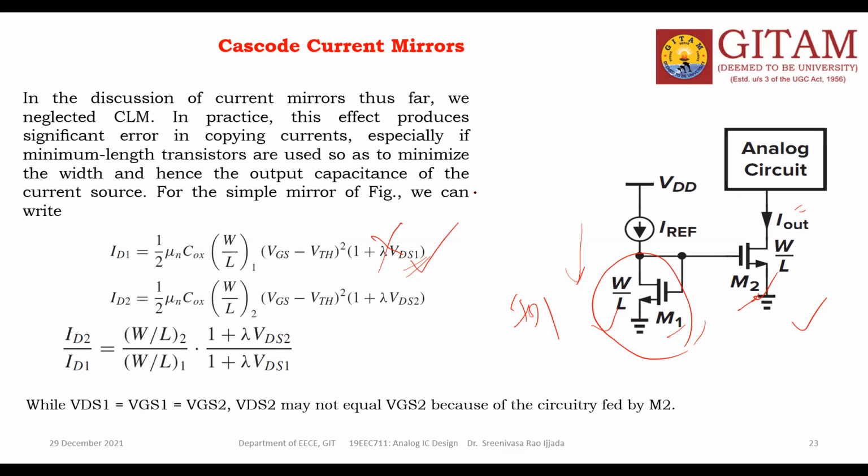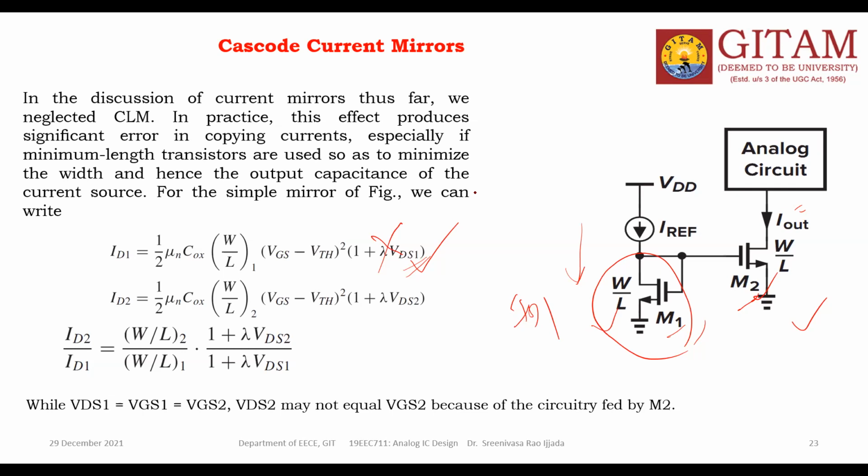Earlier it did not depend on VDS in saturation. Once it enters saturation, whatever the drain voltage, the current is independent of the drain voltage. But when we include channel length modulation, there is the factor 1 plus lambda VDS, and of course W by